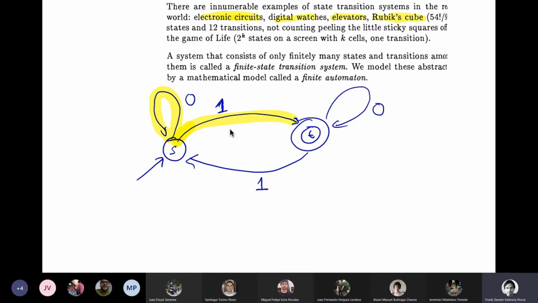So this is basically the structure of it. It's a graph. So a finite state automaton is a graph where the nodes are called states and the edges are called transitions. And the idea is that this machine is reading strings, symbol by symbol, and it moves from one state to another according to the symbol it is reading. For example,